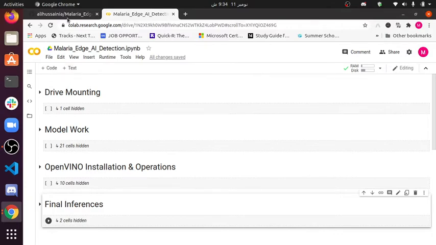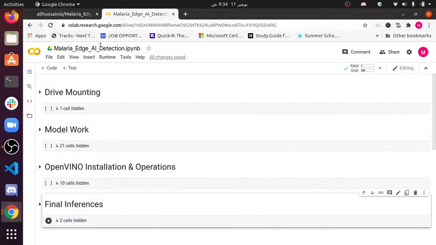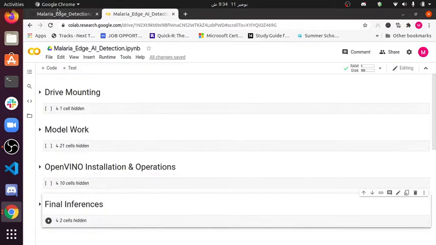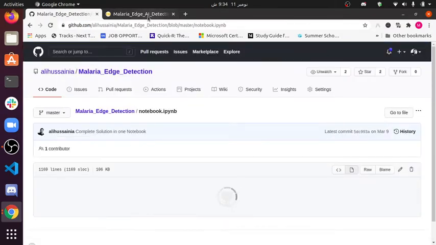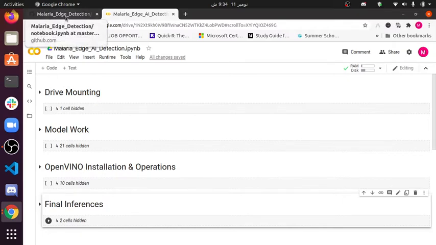Okay, so just to save your time, I am just switching directly to this notebook, or else when you click here, it will take you to the notebook itself. I'll definitely drop the links in the description of this video so that you can also look at these files and play with them,